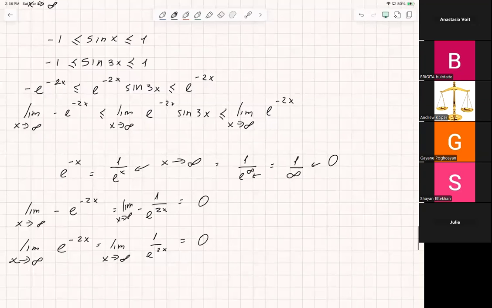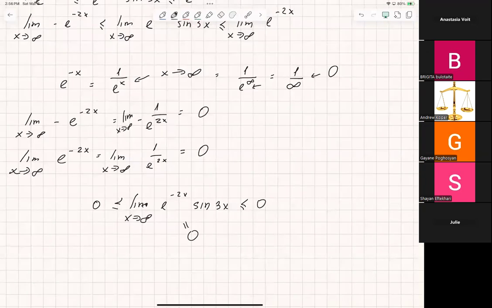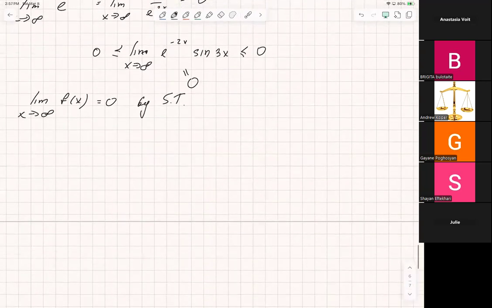So we have 0. So we can say that our limit as x approaches infinity of e to the -2x sine 3x is bounded by 0 from both sides, so it has to be 0. So the limit of our f of x as x approaches infinity is equal to 0 by the squeeze theorem. Okay? So this is a problem on the squeeze theorem. Now I have, I think, 2 more problems. Okay, so let's do problem